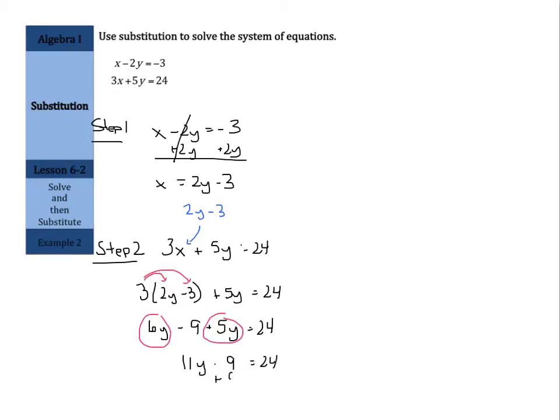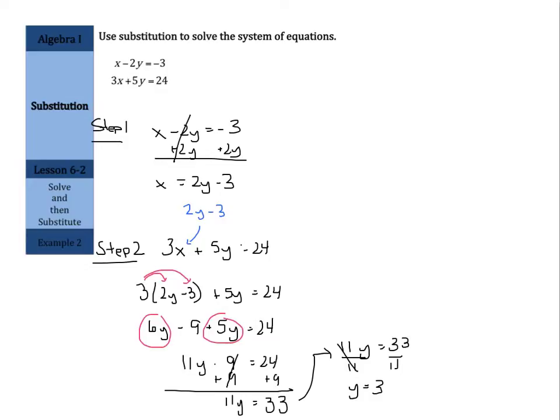Add the 9 to both sides. 11y equals 33. I'm just going to write this up here, give myself a little more room. Divide by 11 on both sides, and y equals 3. So I've finished step 2. I've solved for a variable. Now, step 3,